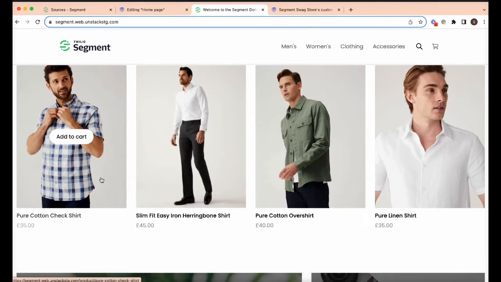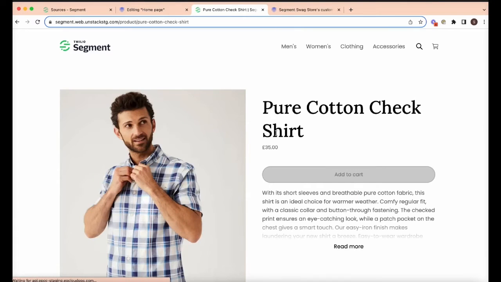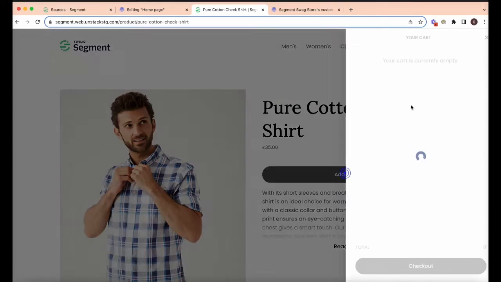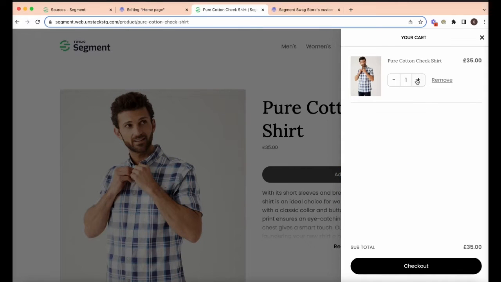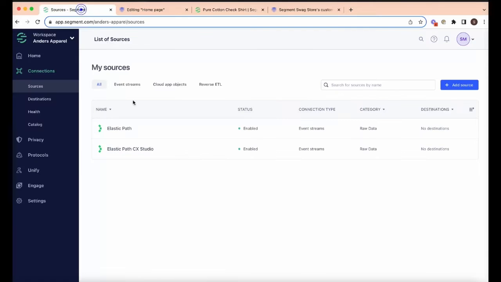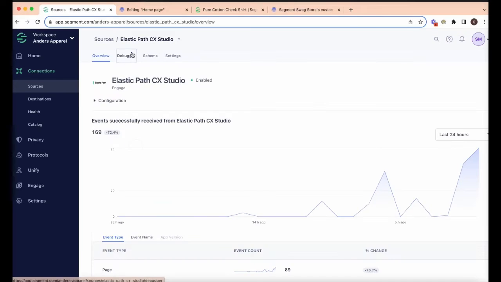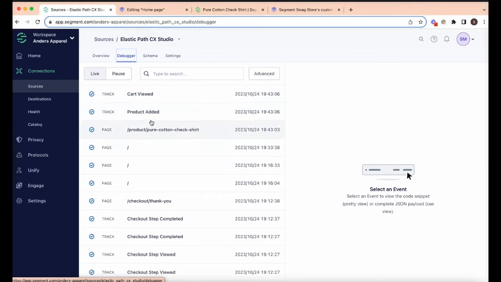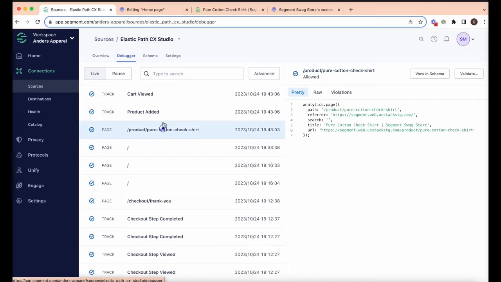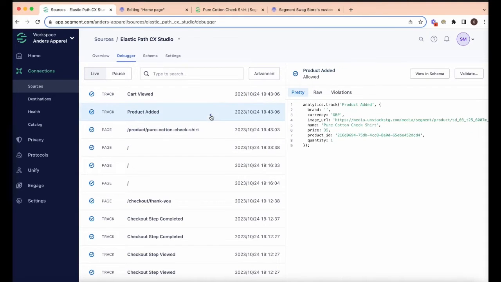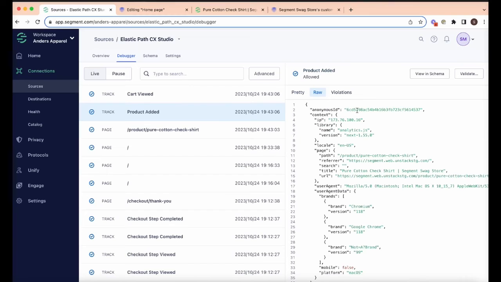Here I'm visiting this pure cotton shirt product. I've added it to my cart. And as I'm doing these events, I can click into this Elastic Path CX Studio source, and I can see that there is a user conducting these actions. I can see the page, I can see the product added, I can see this anonymous ID, which actually corresponds